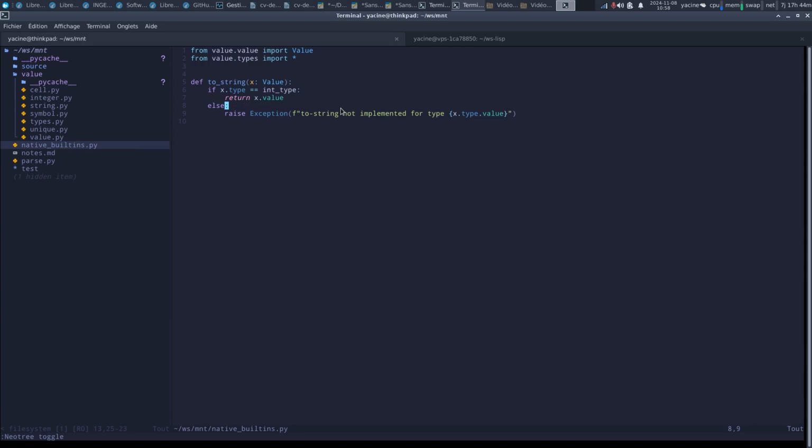So first of all, there is something that I forgot last time. The Lisp built-ins must be functions that manipulate Lisp values. So this function, which returns a string, is not correct because it returns a Python string instead of a Lisp string. So this is the correct version of this function,